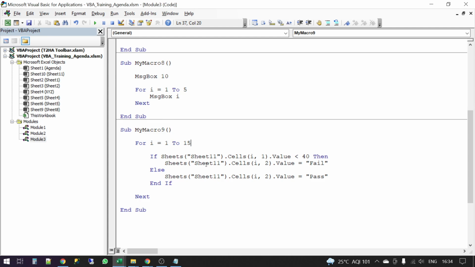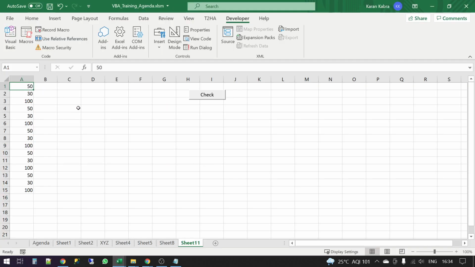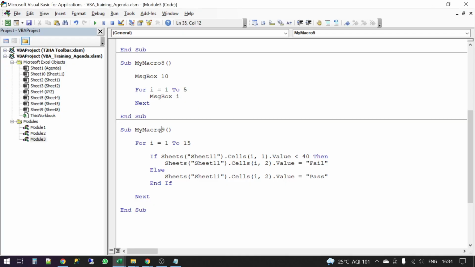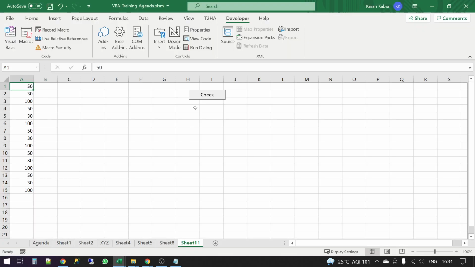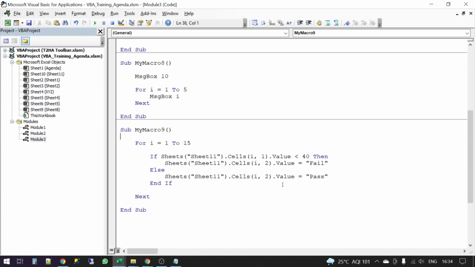So what I will do is go ahead and run this code, my macro 9, or you know what, let's just run it one by one, line by line for now. I know it is a little bit too much to understand looping for the first time, but maybe you can view the video again and it could give you some more clarity.